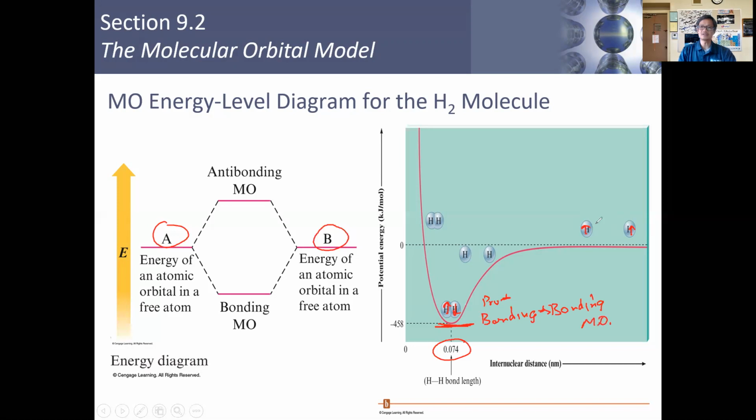So you can imagine these two atoms, as they get closer and closer together, their 1s orbitals. We start out with a 1s orbital here, a 1s orbital here. As they get closer and closer together, the two 1s orbitals start to interact with one another in a constructive and a destructive way. Once they get to this point, the molecular orbitals form, and that is where those two electrons end up occupying most of the time. Okay? And so that's what I wanted you to get from this,